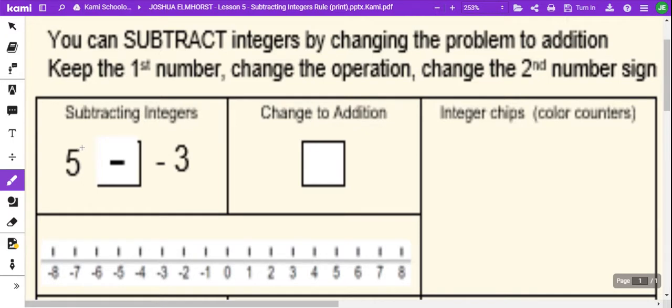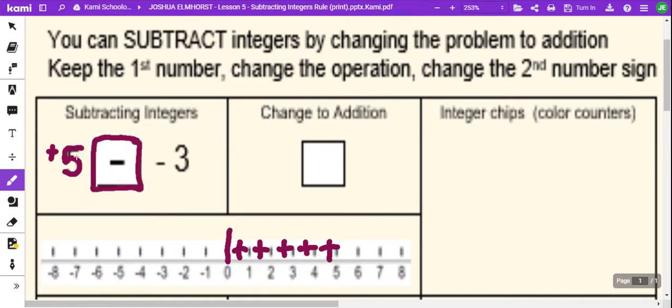So we're going to first take a look at the first integer in an operation and see what we have to start with and then what is happening. So first we have 5, and we're going to treat that as if it's a positive 5. There's no sign in front. So down below, we have 1, 2, 3, 4, 5. So I have 5 positives, and then something is happening to the 5 positives, and then you're going to look at a second integer here. This second integer